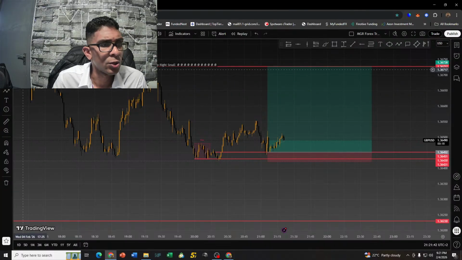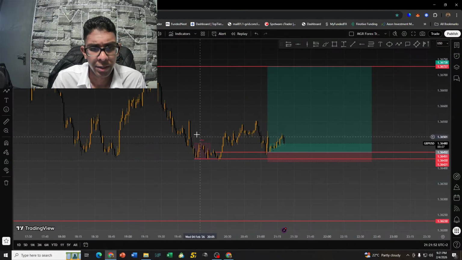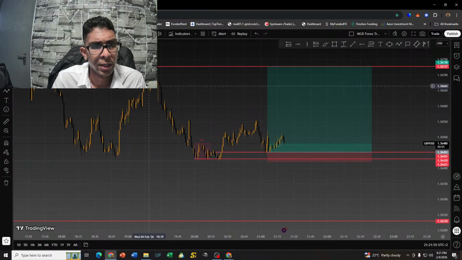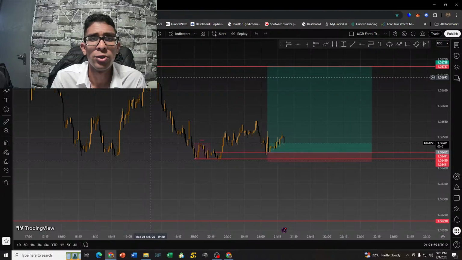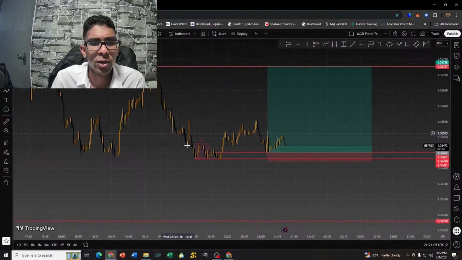This indicator is called the Lux Algo Sessions indicator. You can set it to the sessions according to your time zone, New York, London, Tokyo, Sydney, etc. And that's your session. And I simply look for liquidity to be created, highs and lows to be created in the first hour before the session begins. And when the session does begin, then I start looking for, okay, in that hour afterwards,